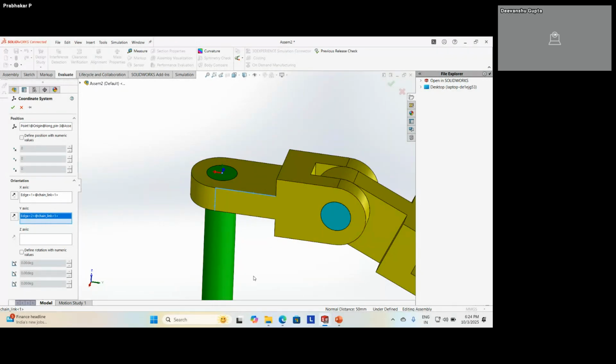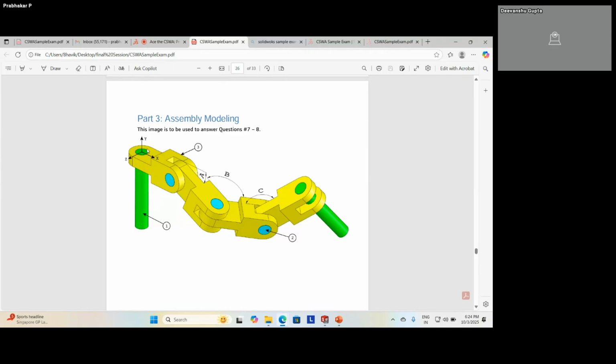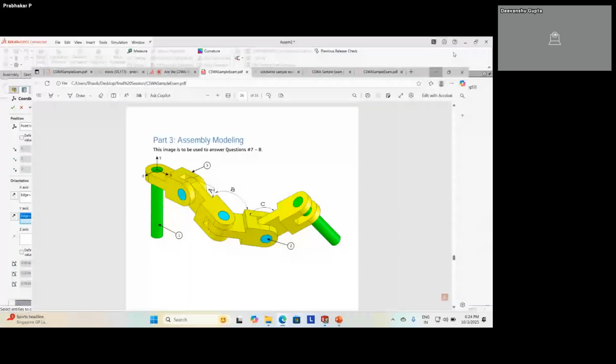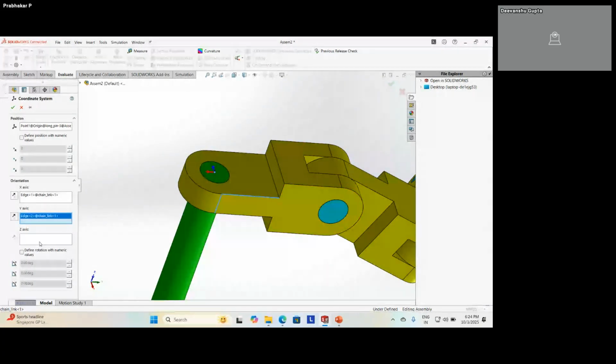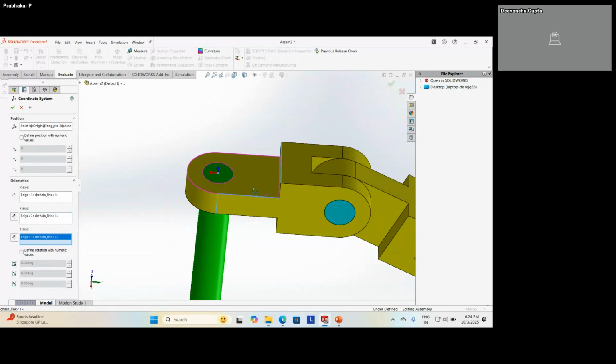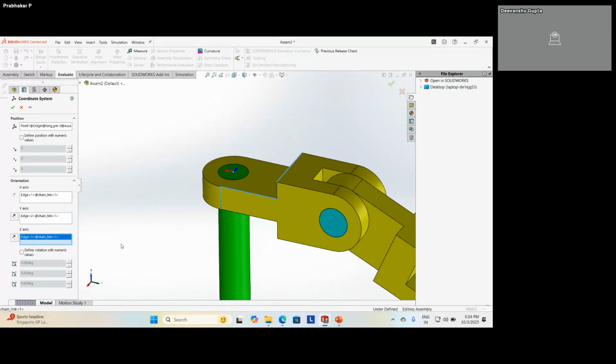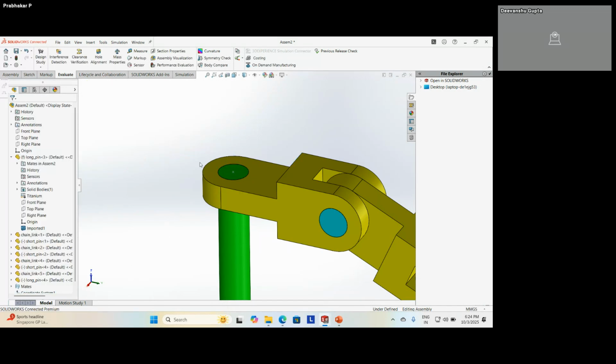Okay. And z-axis, z direction is towards front. I select this line. Activate this.